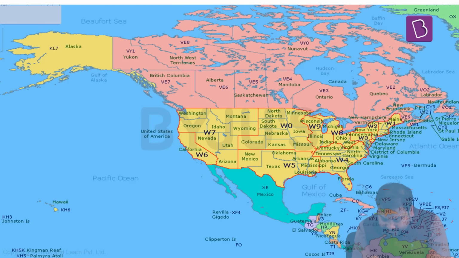If you look, you have Guatemala. Now this has coast on both sides. Then you have Honduras, the green one. This has coast on both sides. Then you have Nicaragua. You can see coast on both sides. Costa Rica, coast on both sides. Panama, coast on both sides. So rather than remembering which countries have coast on both sides, just remember the country which has coast only on the eastern side, that is the Atlantic, is Belize. And the country which has coast only on the western side is El Salvador.